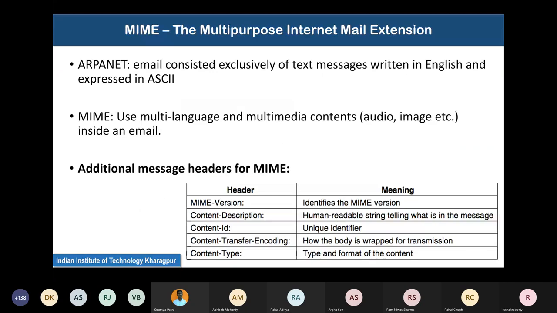Now there is something called MIME. This is an extension of the emails which allows you to embed other types of information which is not ASCII text, in the form of attachments, or to embed stuff inside the message itself. For example, audio, image, etc. Multimedia also can be embedded